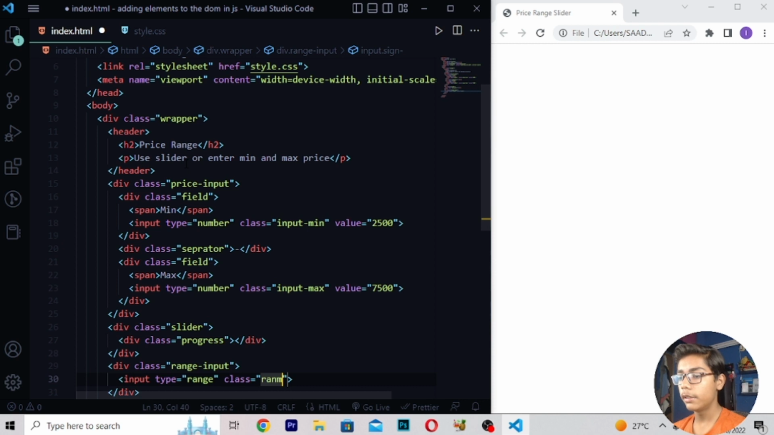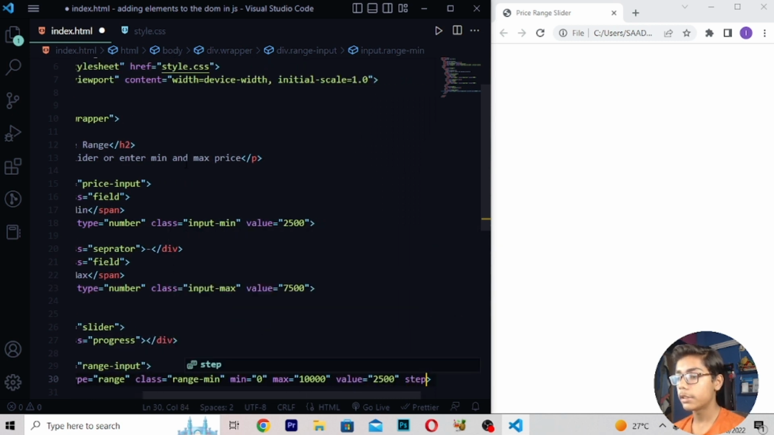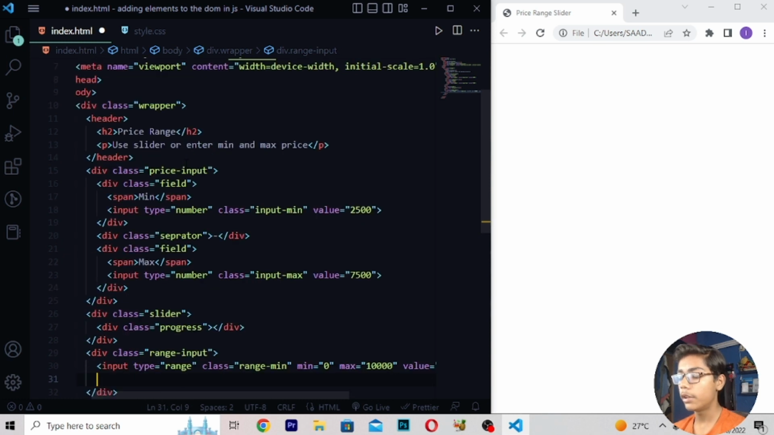Then when you've written this, here I will be writing class sign. So here I will be writing range min. Then here I will be just writing min is equals to 0. Max should be 10,000. Then when you've written this, here I'll be writing value is equals to 2500. Right here step is equals to 100. Now you have to write input type range. Right here class which should be